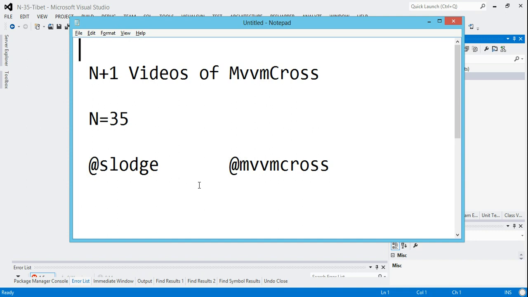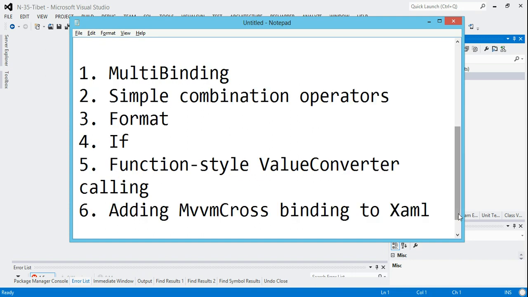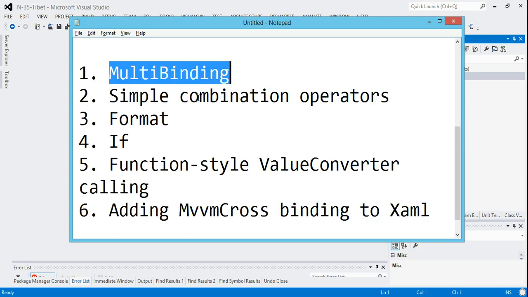Hello and welcome to another hot evening here in London, and today I would like to talk about some hot new features that are in 3.09 of MvvmCross. And these new features come in a family called Tibet binding. The new features I particularly like to talk about are multi-binding, so the ability to bind to more than